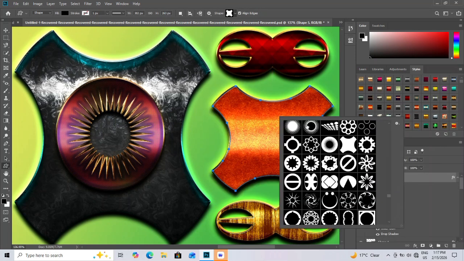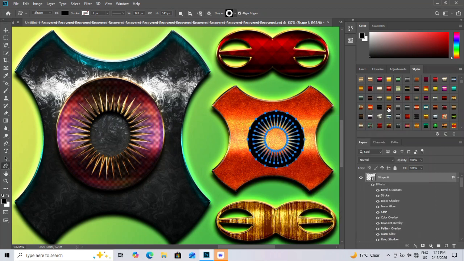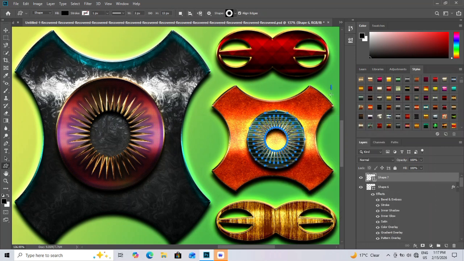Next, add a curves adjustment layer and gently refine contrast so light directs attention toward the main subject. Toggle both layers